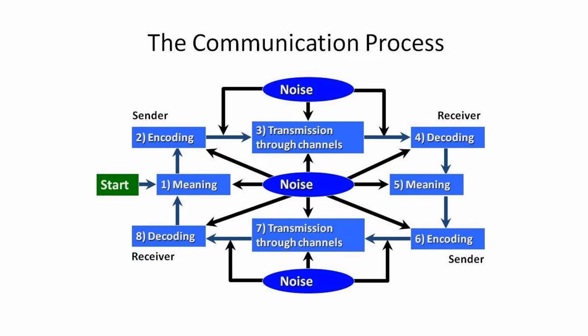There is a start of the communication, which means the sender creates a meaning of the communication or the message that is to be sent to the receiver. He encodes or adapts the meaning of that message into some means which can be transmitted to the receiver. Then he chooses a transmission channel. In our case, communication style is the meaning, the online lecture is encoding, sending it via Google Classroom is the transmission channel, and you reading the message is decoding. You read the lecture or you listen to the lecture is decoding.